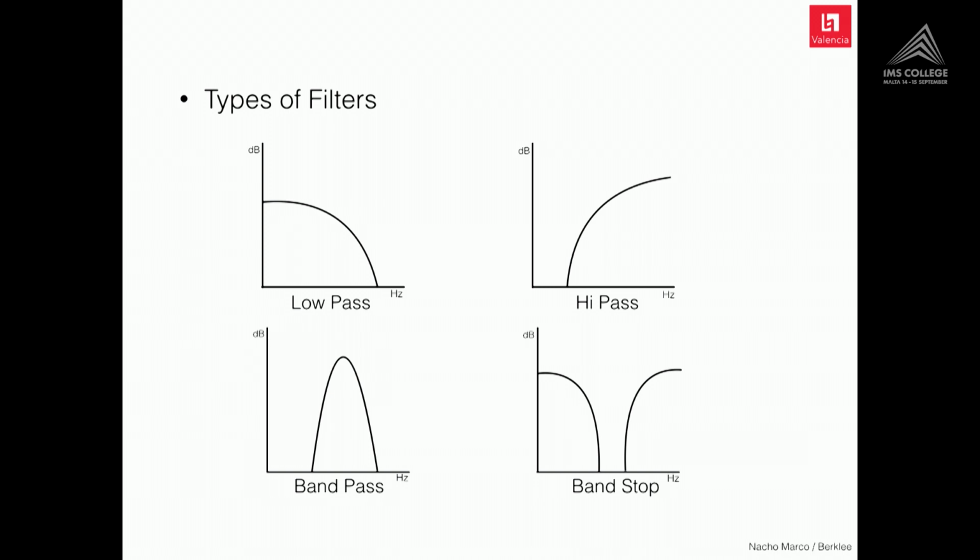Types of filters, I guess most of you are DJs here, am I right? So you know a little bit about this. What is a low-pass filter, what is a high-pass filter, what is a band-pass or a band-stop filter. Basically, we're going to use low-pass and high-pass today, okay? With low-pass, we're going to be eliminating the highest content of the wave. And with the high-pass, the opposite. We're going to be eliminating the lowest content of the wave.